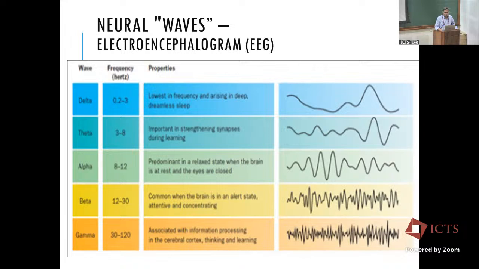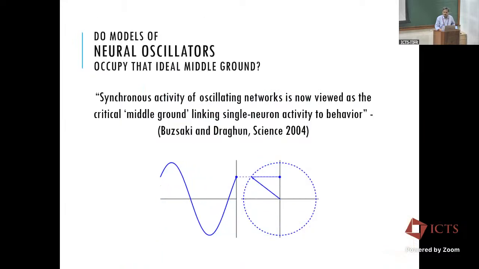And people have given names to these bands like delta, theta, alpha, and so on, and have given them certain information significance. What is the meaning of this band? What happens in the brain in this band? That's very old, because EEG is like a 100-year-old technology. So people have given all these names, but it's still quite empirical.